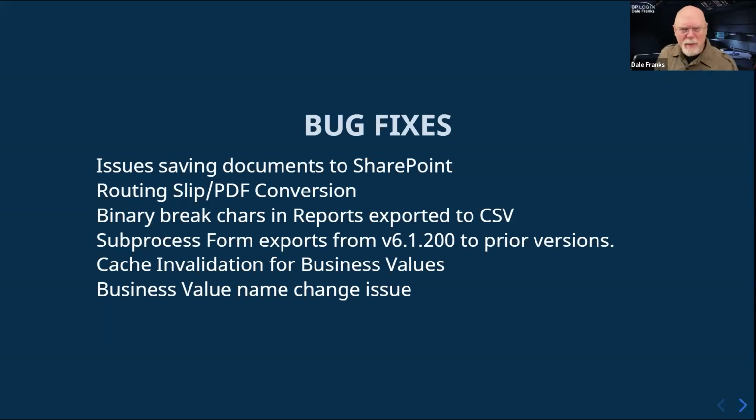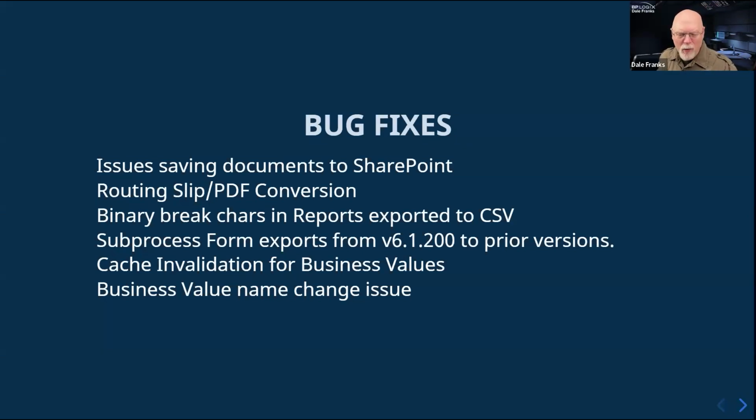There's some caching issues with business values. The way business values work, especially if you have cached data sources, is you make a request. The very first time you make it, the data gets drawn back, and then it gets held in a cache. And that cache is valid for a certain amount of time, at which point it expires. Other users should not be able to access that cache because that's kind of your cache. That wasn't happening quite properly, so there was some cache invalidation issues with people being able to access, or either not having the cache updated at the right time or accessing the wrong cache. So we've addressed that in 6.1.300.